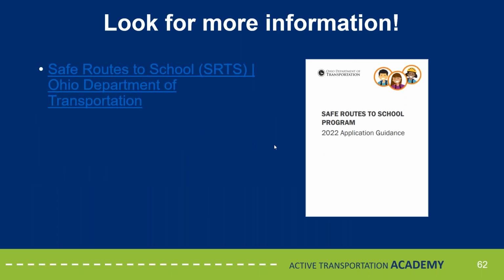And then just look out for an updated 2023 Safe Routes to School application guidance document. We expect to publish this by early October. This is really the most comprehensive overview of the program, what's eligible, what's not, what's in the application, how we are going to score these projects, what requirements you need to submit as part of your application. So this document will have all the information that you need. It'll be online in early October, and it'll also be the basis of the upcoming webinar that we have scheduled.